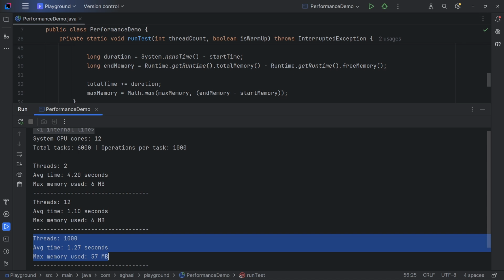In this case, since the system has only 12 logical processors and the program is processor-bound with no I/O operations, creating more than 12 threads is unnecessary and actually reduces performance due to the excessive context switching. And the second issue is the memory overhead of threads. While threads share the memory address space of their parent process, each thread has its own stack space. Depending on stack usage, each thread requires some memory allocation. When creating a high number of threads, this memory overhead can become significant and lead to performance degradation.